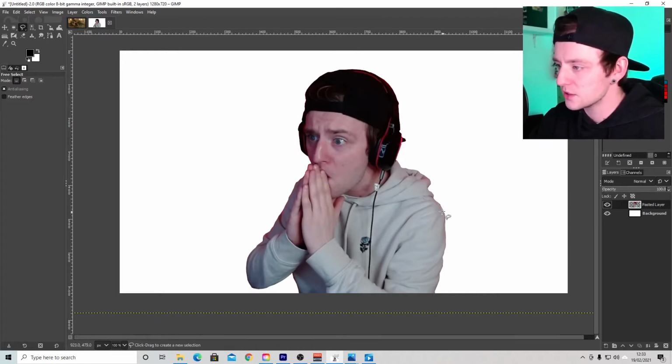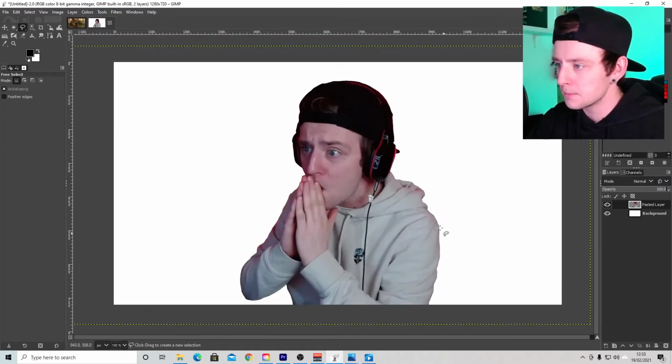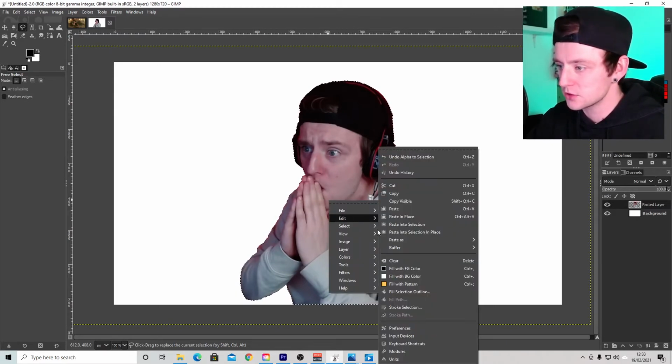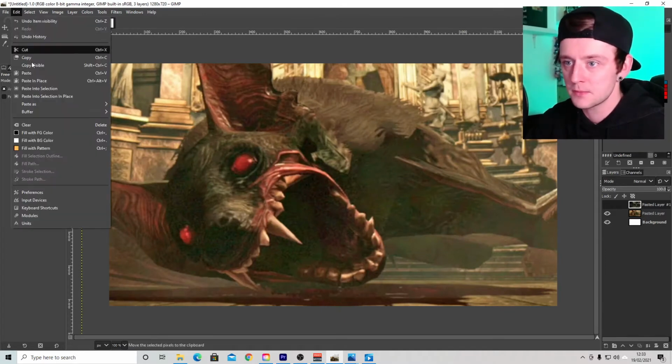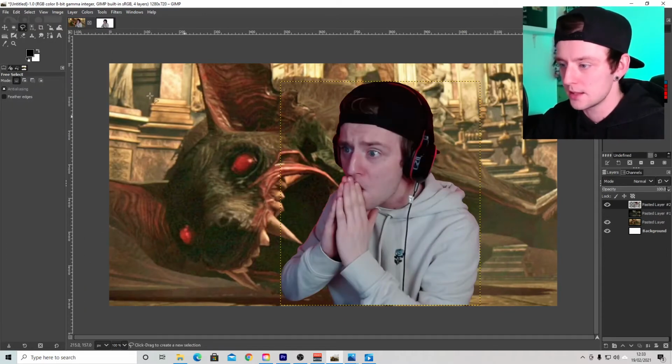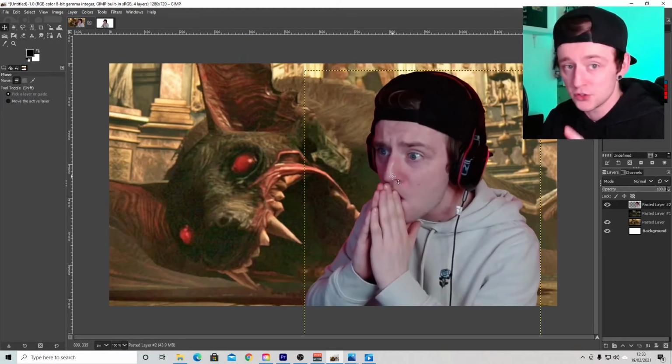There might be some slightly rough areas, as you can see, like right in there, but you don't need to worry about that right now. So now I'm just going to right click the layer and alpha to selection. That will just select that again. And then I'm just going to edit, copy, go back into my original picture, edit, paste as new layer, and there you go. Now I'm just going to scale that up a bit